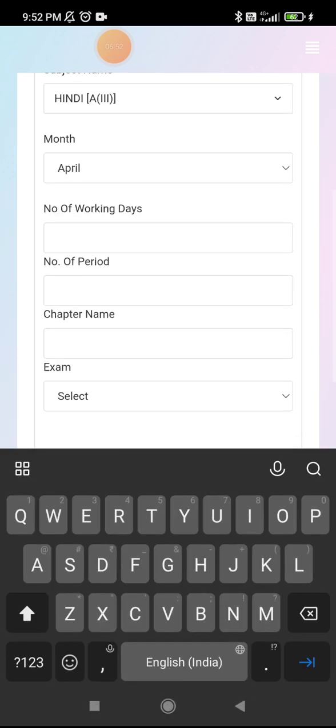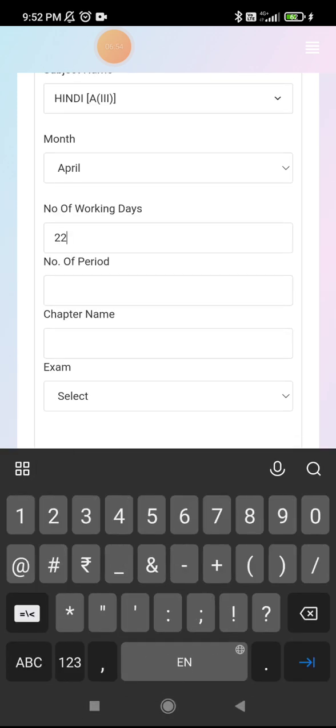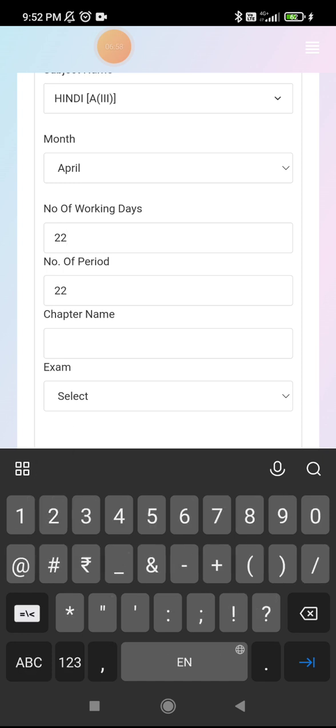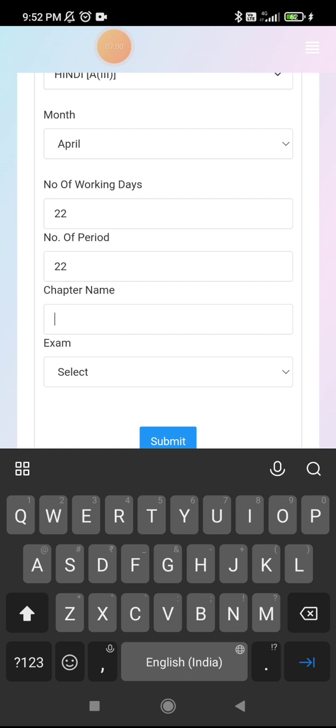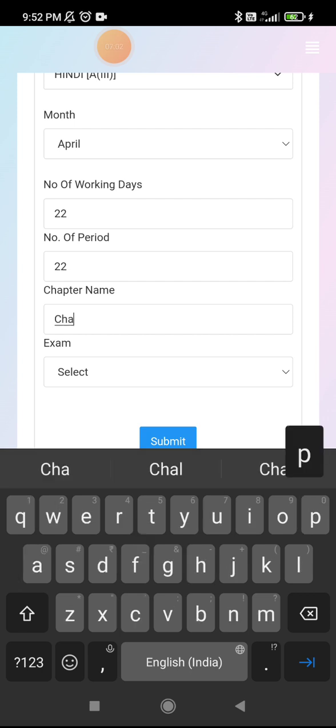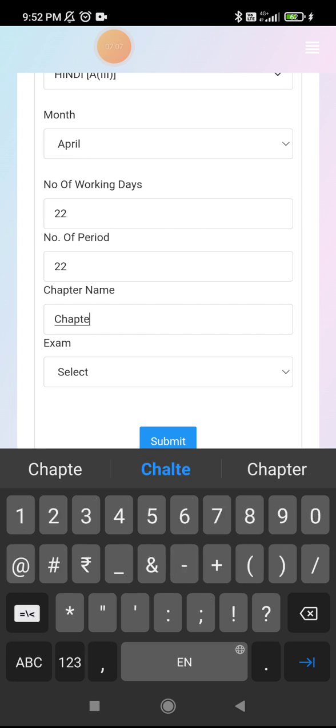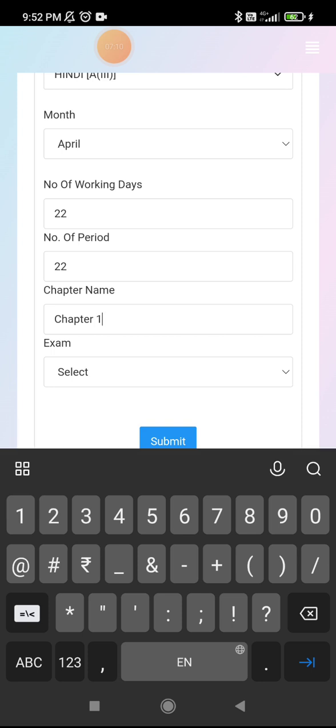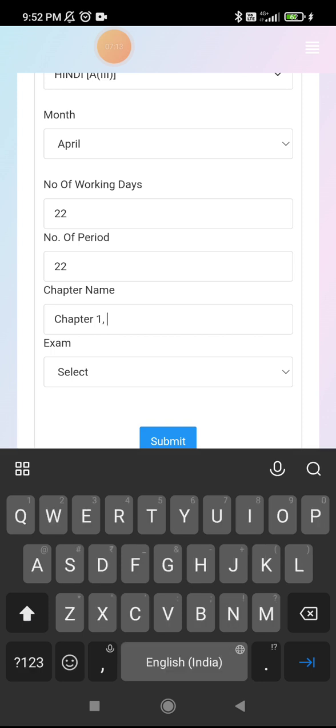So number of working days I will find in April, suppose 22, and number of periods, suppose 22 again. Chapter name, whatever chapters we are going to cover here, you need to put all the chapters here.